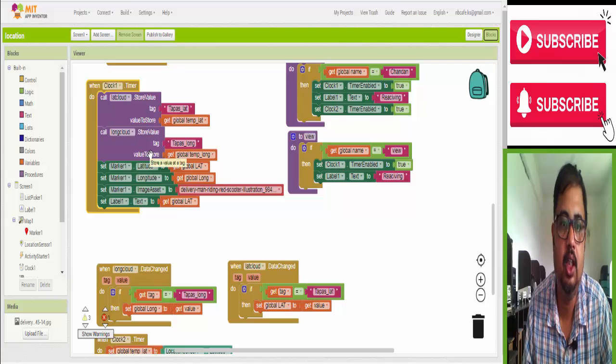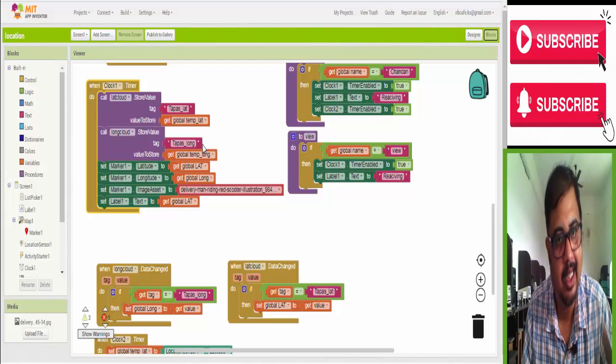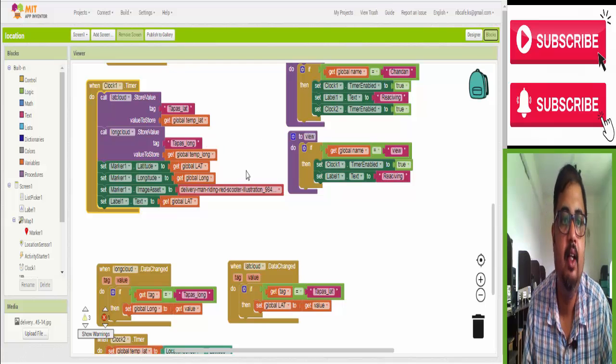And the second one, the longitude, stores the value of longitude with Tapas long. So two tags are created, one for storing the latitude value, another for storing the longitude value. Now the marker we use: set marker 1 latitude to global lat, set marker 1 longitude to global long, marker image is here, set the below label to global lat.